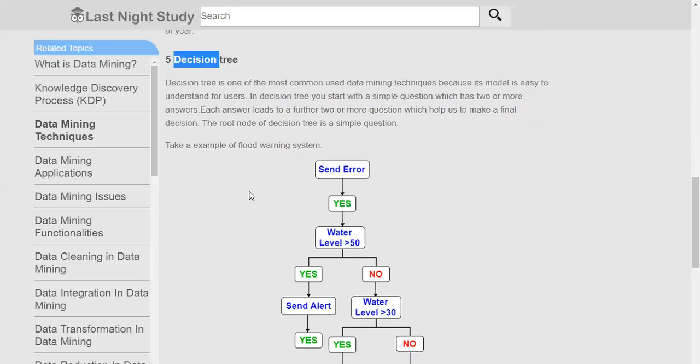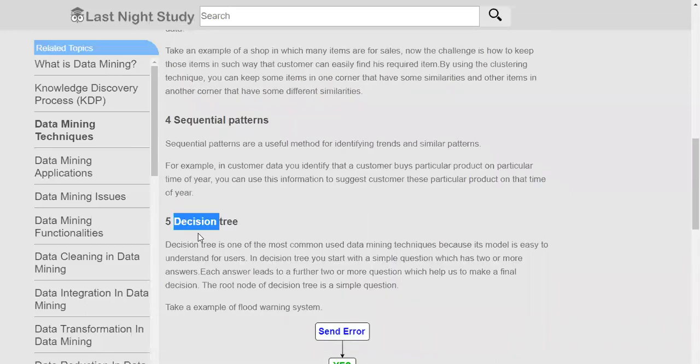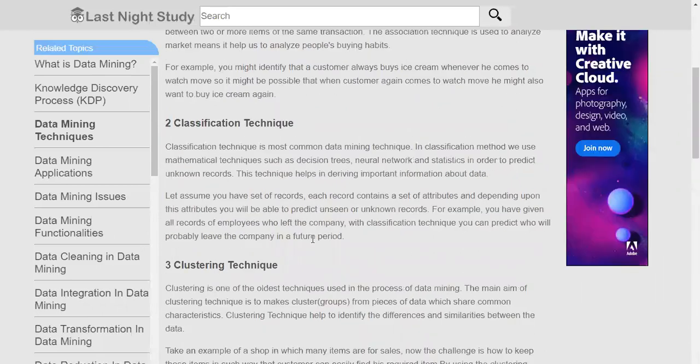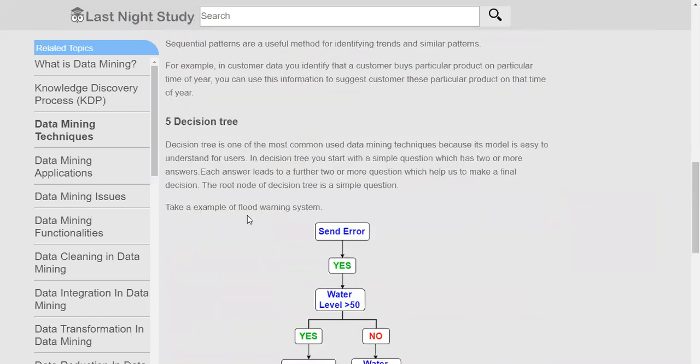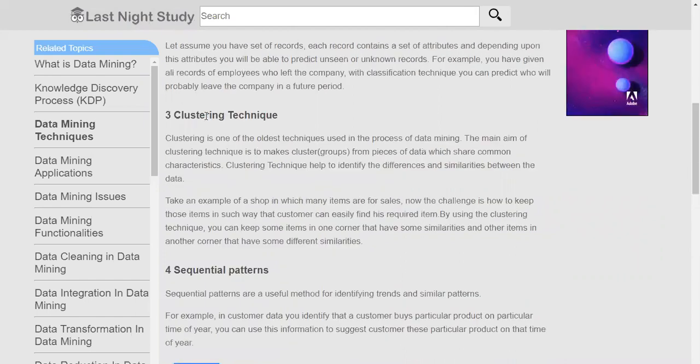Similarly, the last one for this particular slide and the website is the decision tree. As said earlier, the decision tree was also one of the techniques used in classification. This is a data structure, but it has its own importance. That's why even on some websites, outlier detection is mentioned as another separate topic, because outlier detection is not only useful for clustering, but it can also be useful in regression techniques.